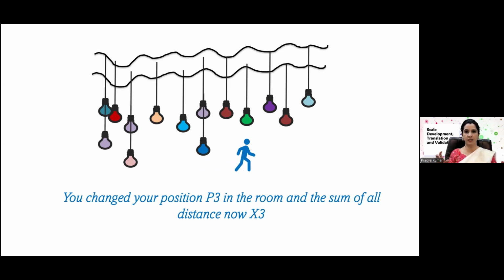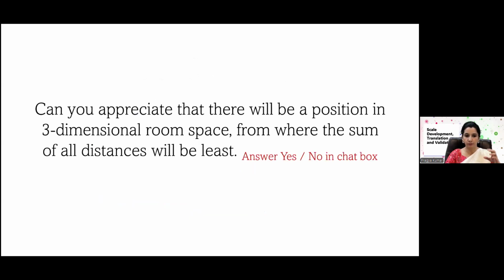So what is rotation? In a 3-dimensional room, you think that you are standing in a position. It is there in the psychological domain. So from a position where the distance of these bulbs is the minimum, you rotate the structure like this. Means not you rotate, means statistically it is rotated. There are ways of these rotations. So it is rotated in such a way that the distance of all the bulbs in this case should be minimum from this person. So this, if you can imagine in a 3-dimensional space where the sum of all distance will be the least,